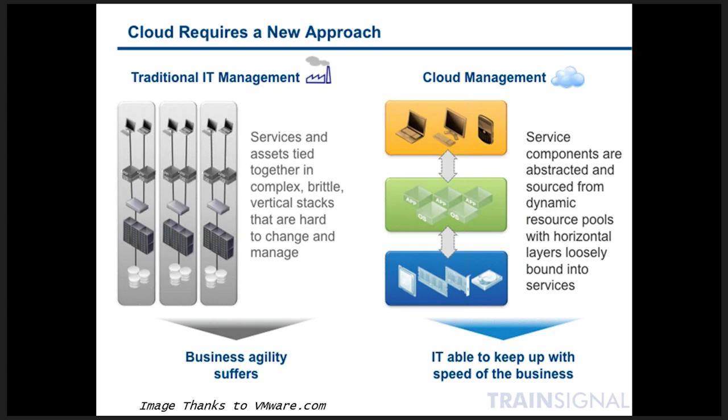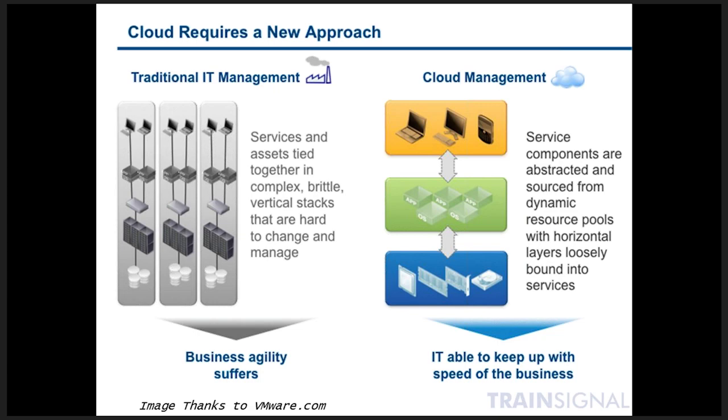If you think about cloud computing, it's a much different way of thinking. Instead of these vertical stacks, you've got horizontal layers. So at the bottom, you've got computing resources. All the resources, storage, networking, memory, and CPU, are bundled together, working together in pools to provide computing power for every application in the company. And that's why it's so much more dynamic and powerful.